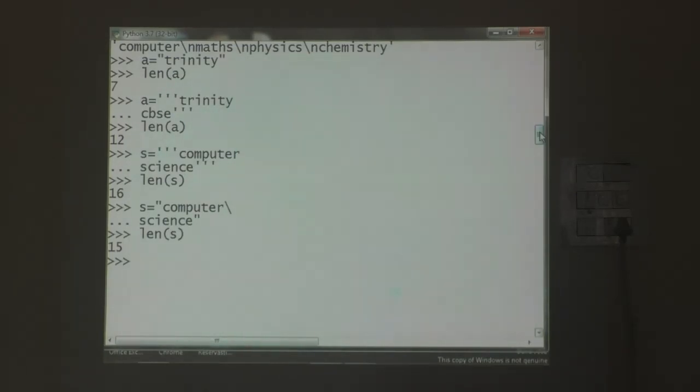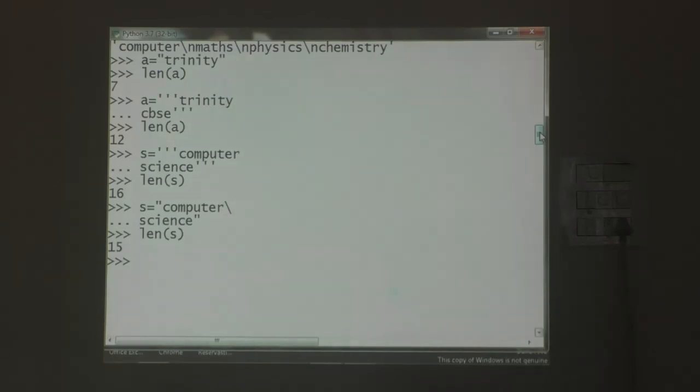Simply, the string computer contains 8 characters and the string science contains 7 characters. So 8 plus 7, how many characters? 15 characters. So the length of S is 15 characters.